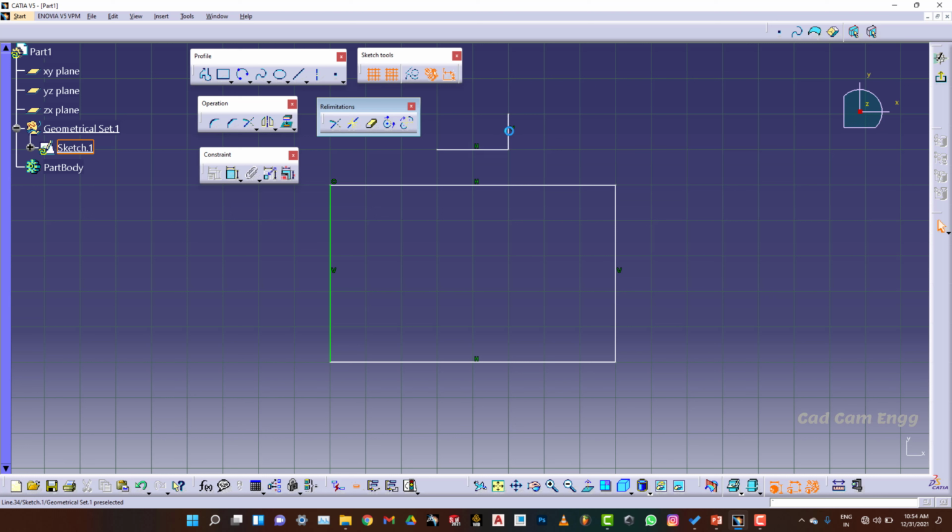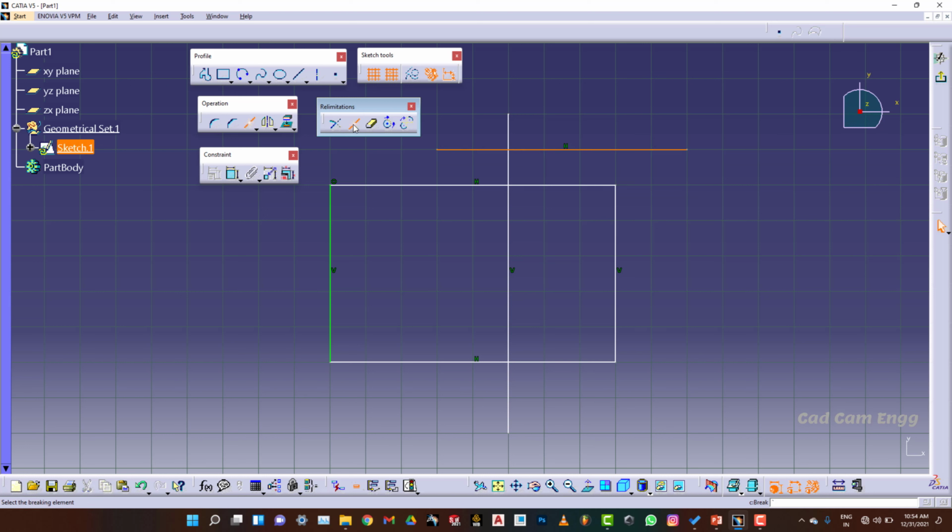Okay, I'm going to select the top side. So my line has come like this. Okay, so I'm giving Ctrl Z. After that, the break tool: my line is like this, and at this intersection point I want to break the line, means I want to divide this line into two parts.